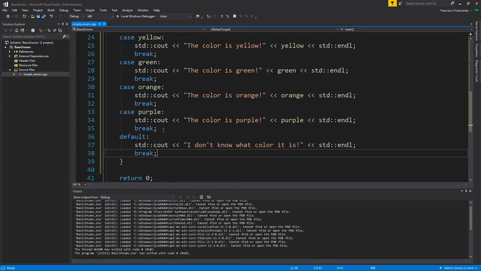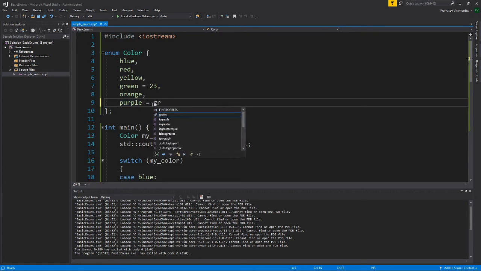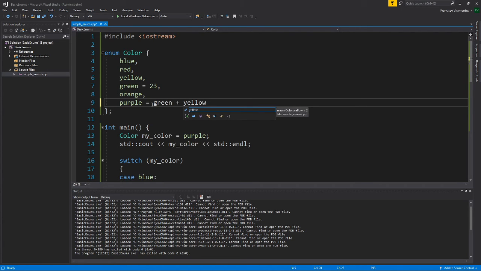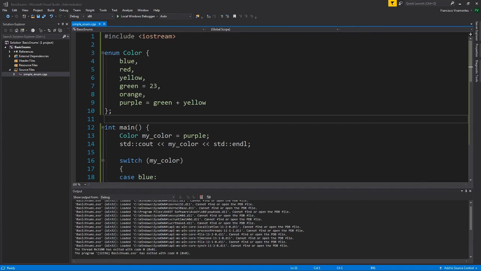So let's run this. If we have purple, we should expect that the output should say the color is purple along with its value. And actually, something that I'll do that'll make things interesting is I'll say purple is equal to green plus yellow. And let's see what that gets us. First, let's compile, meaning building the solution, to see if we have any errors. We do not, because the build succeeded. There's 0 failing. That means we're good to go. So if we launch our code,